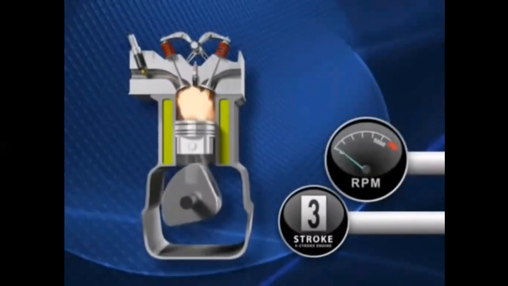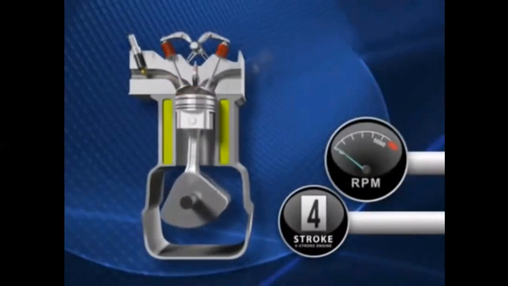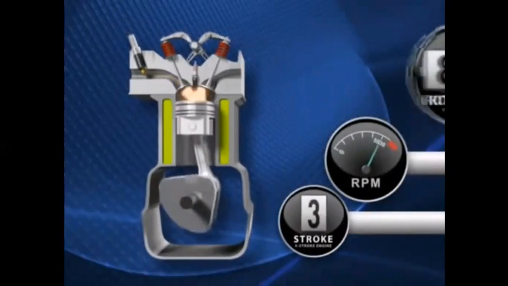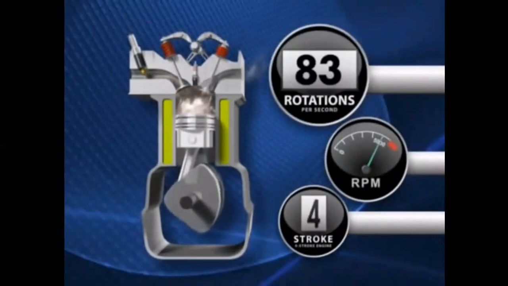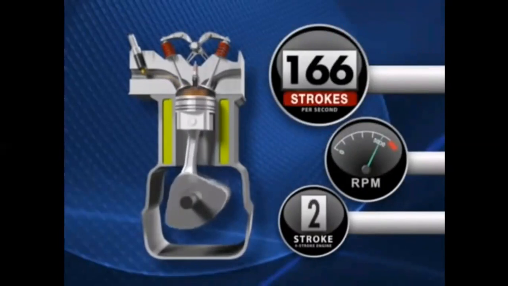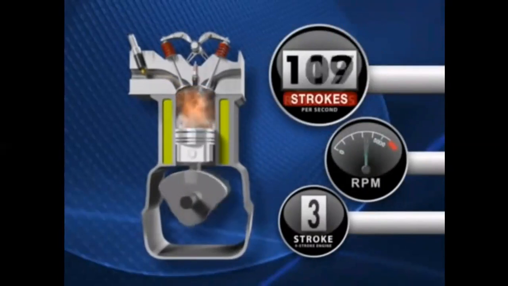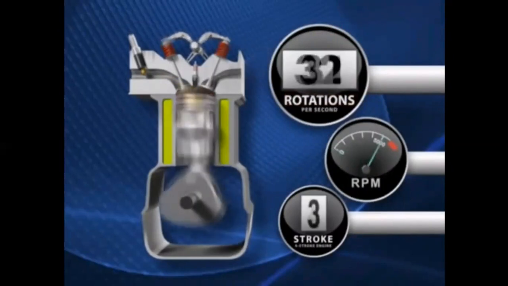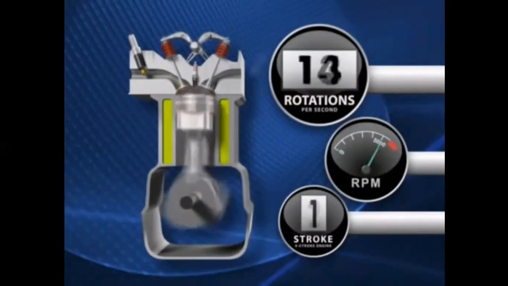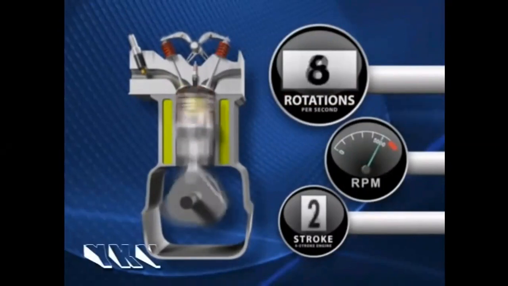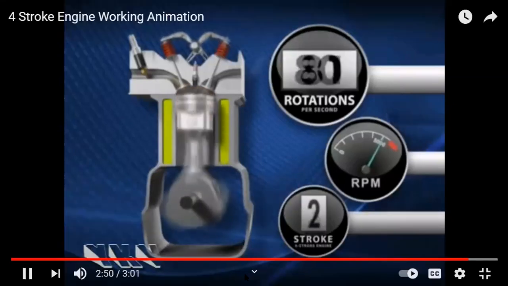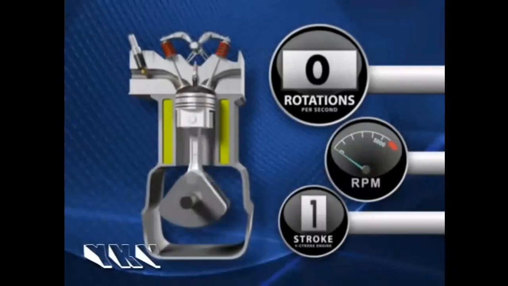RPMs, or revolutions per minute, is how many times the crankshaft rotates within that minute. At wide open throttle, the crankshaft may turn at 5,000 RPMs, or a dizzyingly 83 times per second. Meanwhile, the piston traveled up and down 166 times in that same second. Want to see how fast that is? Now, that's fast. Let's see it again. Amazingly, the four-stroke EFI engine does this smoothly, quietly, and reliably for years and years of operation.